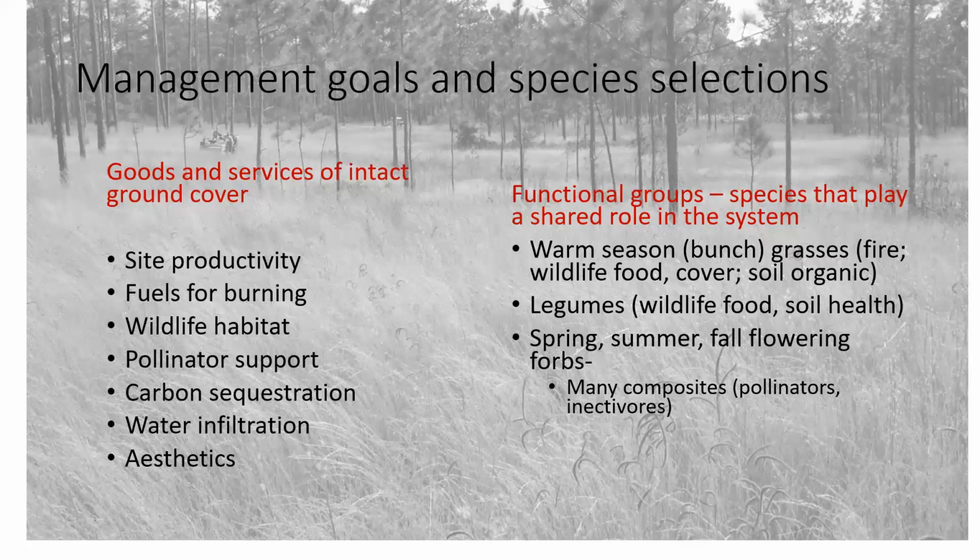Many of them are the composites, and having them present at different times throughout the season supports different kinds of pollinators and insectivores, and then the animals that eat those insectivores, insects, and small mammals. So these are functional groups that, as you build or think about what you want in your system, thinking about having these functional groups well represented somewhere on your system might be a good way to start